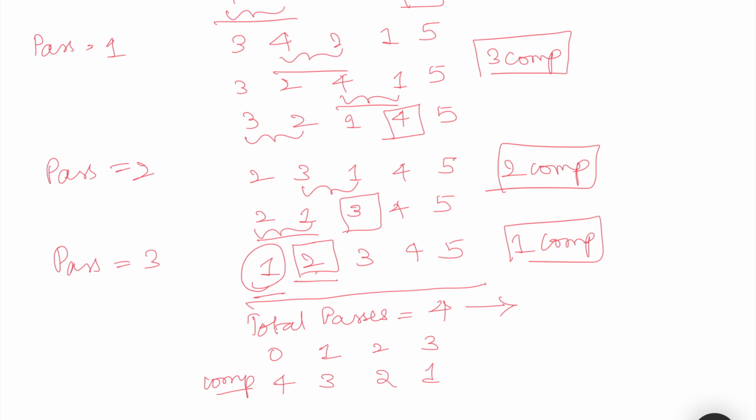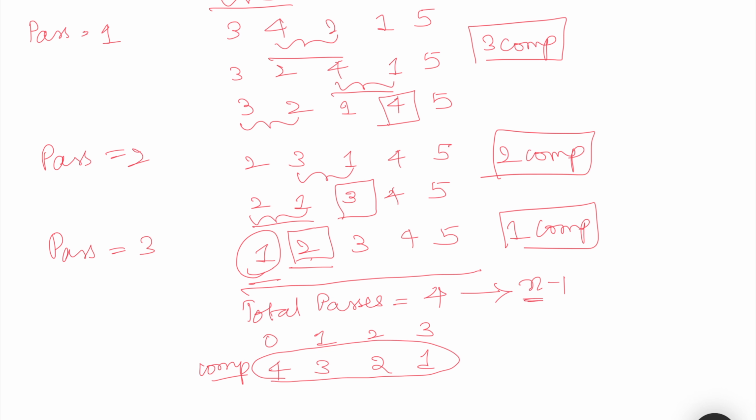So this gives us our outer for loop, which runs for n minus 1 times, where n is the number of elements, and this one is the inner for loop, which is used for comparisons, and we will swap based on that condition. So 4, 3, 2, 1 is the number of comparisons that we are making inside that inner for loop. So 4 represents nothing but n minus 1, 3 represents n minus 1 minus 1, 2 represents n minus 1 minus 2, and this one n minus 1 minus 3. So if you see here, this is again nothing but the pass number, right? So we can simplify that this inner for loop will run for n minus 1 minus i times.